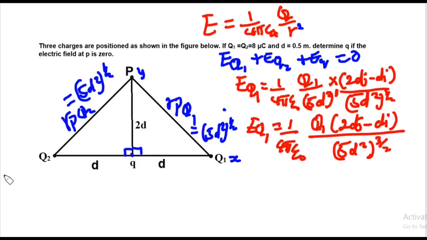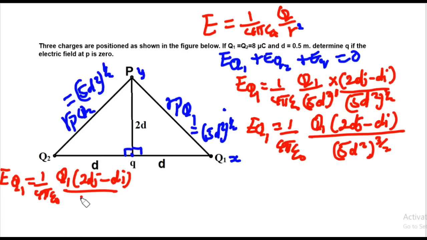So we have gotten the electric field due to Q1, and we have it as 1 over 4 pi epsilon 0, Q1, 2DG minus DI upon 5D square to the power of 3 upon 2. So we shall be making use of this to again find other values of